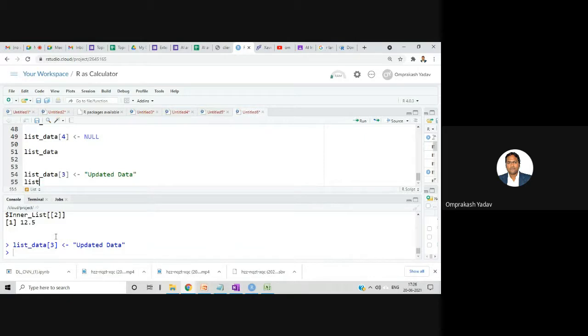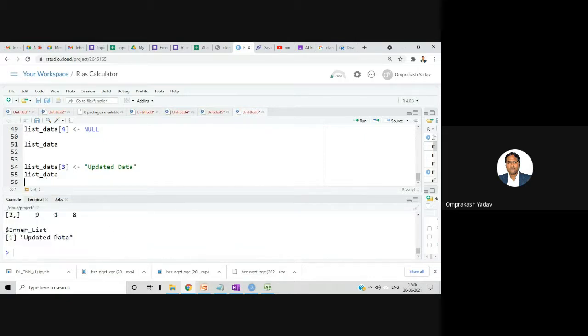Then let's display this list. You see here it's showing the inner list as updated data. So the data which was there earlier, I just overwrote, and it is updated by my new element, that is updated data.